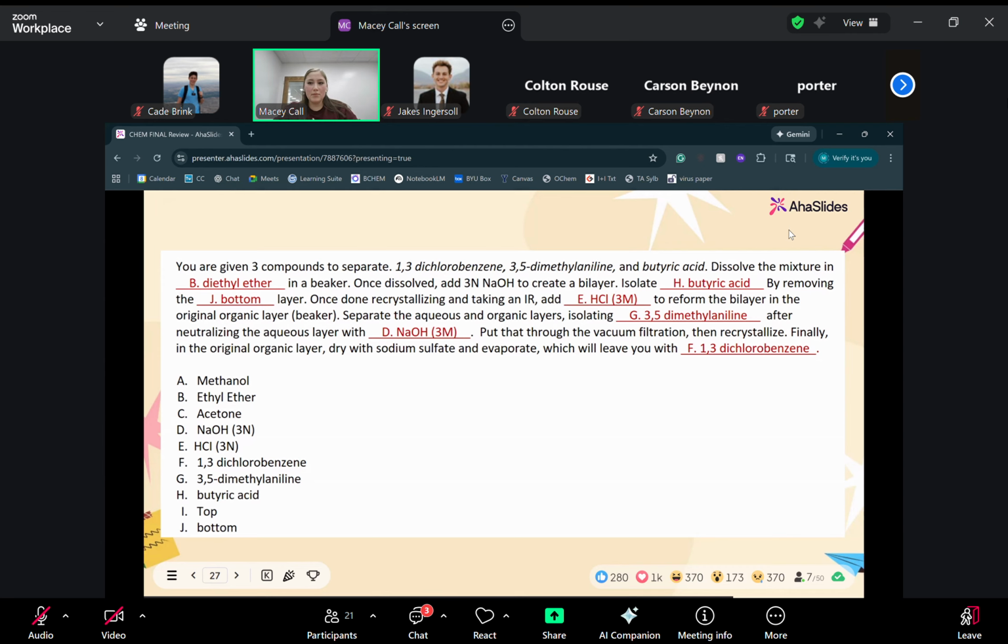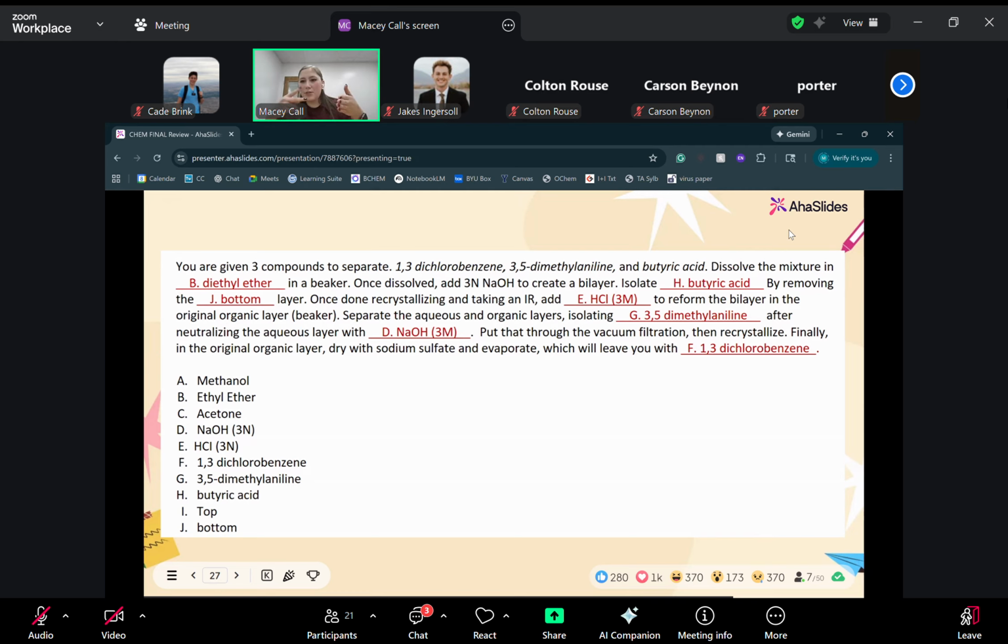Yes, no, maybe so. I'm thinking no. Okay. Jake? I was just going to ask, is it going to be on the test, are we going to have a neutral, an acid, and a base that we are separating out? It will be those three for sure. And it's always going to be a neutral, an acid, and a base, right? Because, well,